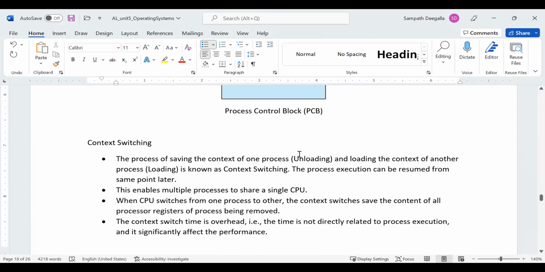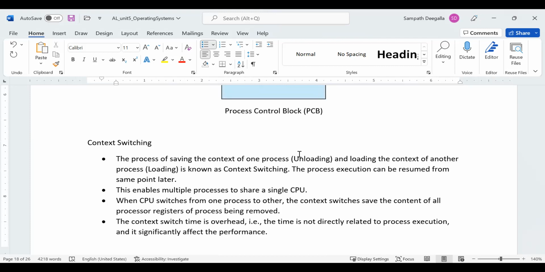context switching. Context switching means when we switch from one process to another process, sometimes the process is not finished, or sometimes we have to give priority. One process says I need to execute, I need CPU time. Then that changing context, changing from one process to another process, we call context switching. Now context switching means you are saving the context of one process and then you get the context of another process. So this is called context switching,